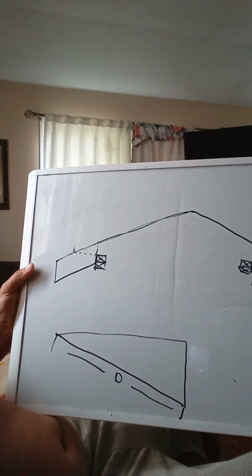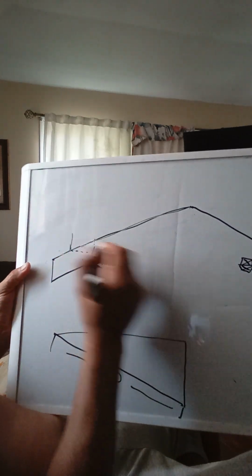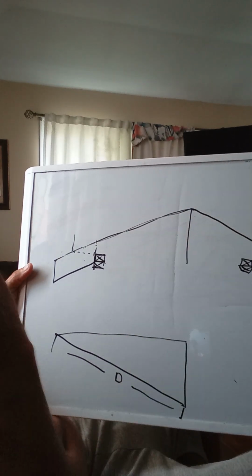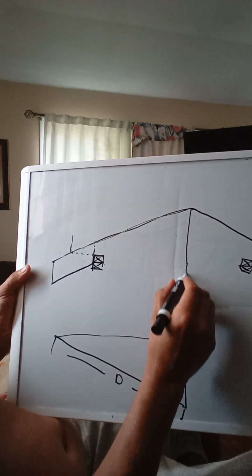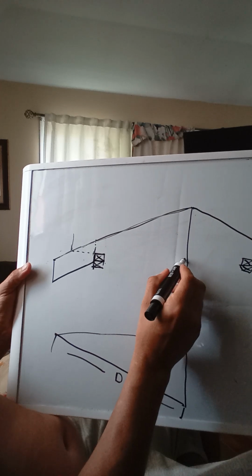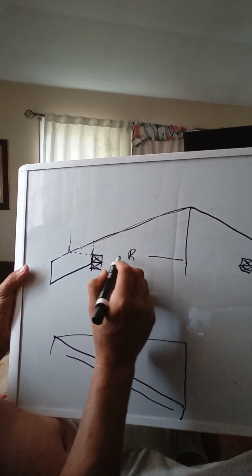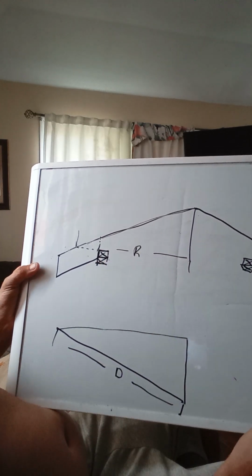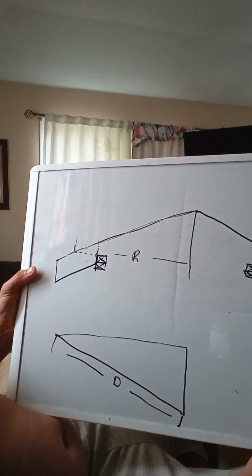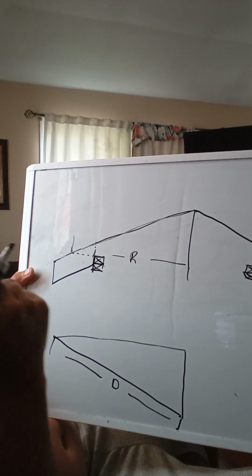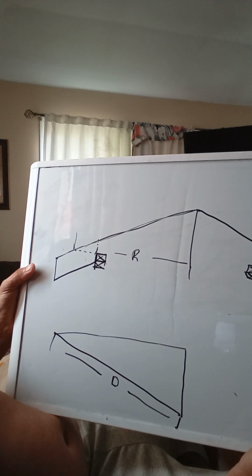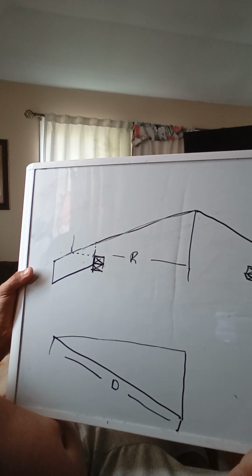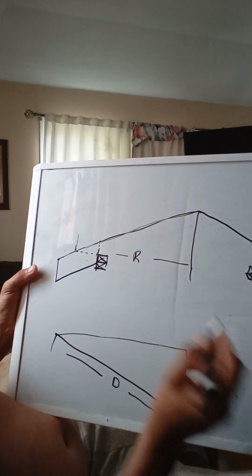Divide by 2, and that's going to allow you to calculate a new run here, right? So a new run right there. So we got the run, and we have from